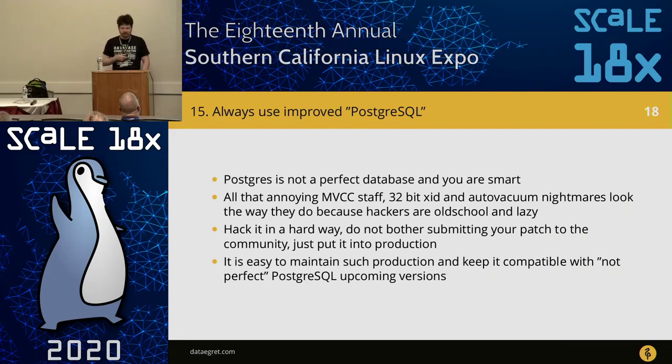You are smart. You can override some annoying things about MVCC, about 32-bit transactions. You can improve that in a different way. Hack it, apply this patch, don't bother to submit it to the community. Never ever do that, because if you submit a patch to the community, some annoying person like this one